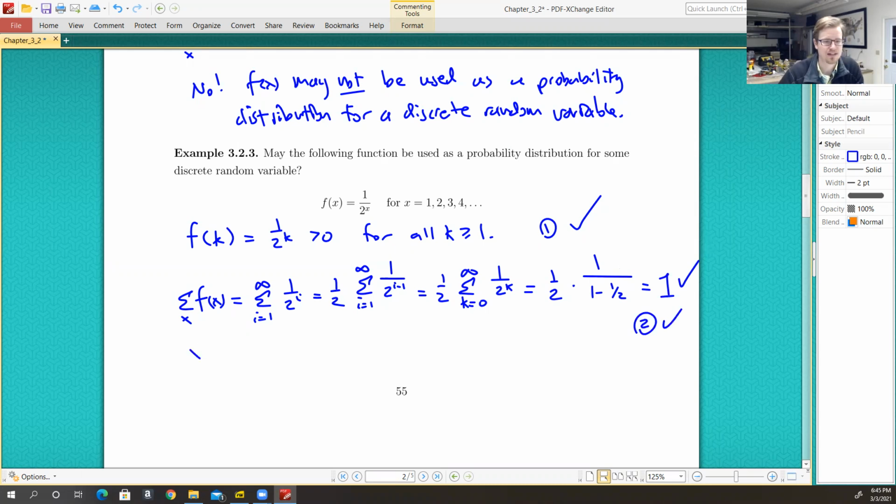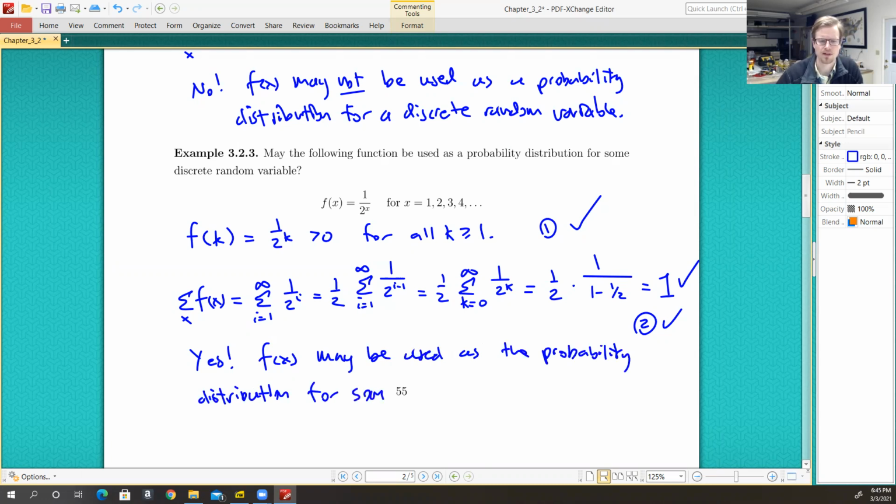So yes, f of x may be used as the probability distribution for some discrete random variable. Excellent. So that's just what we wanted to focus on there. So we have a little bit about